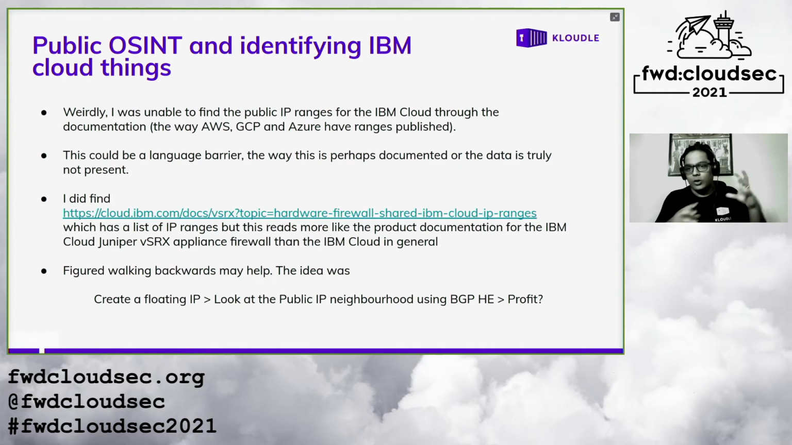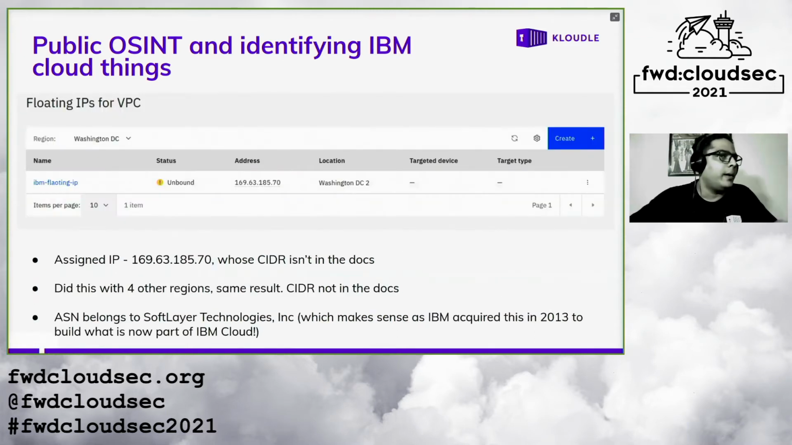Create a floating IP. Look at the public IP neighborhood using your Hurricane Electric or any other BGP service that provides the AS number for that public IP address, and then look at the neighborhood of that IP address to see if there's anything that maps to what other floating IP addresses that you would create. This is a screenshot of one of the IP addresses that I created,